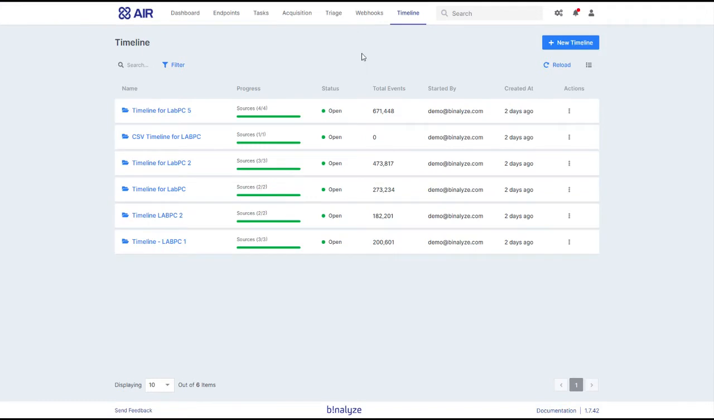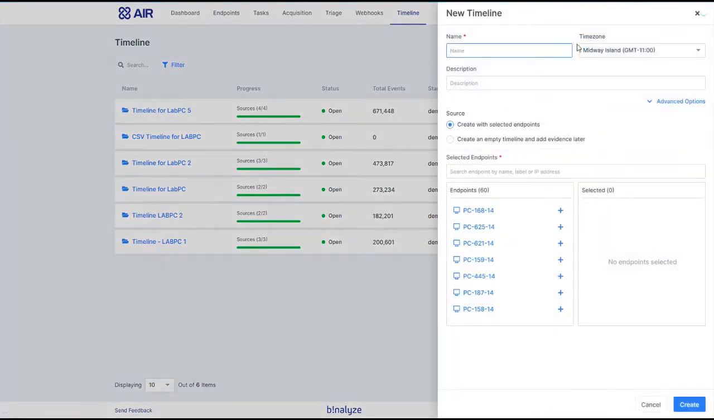Before we demonstrate the enrichment with the CSV file, let's create a new timeline by clicking this new timeline button. Here we'll be providing a unique name for this investigation. You can select the time zone, so all the events that will be collected from these endpoints will be normalized to this time zone. And the third step, we'll be selecting a number of endpoints from here, and clicking create